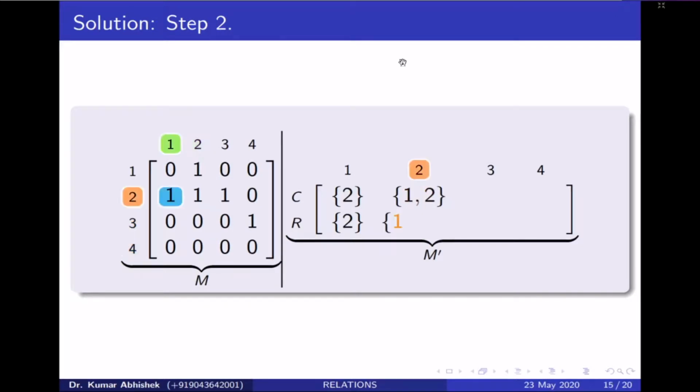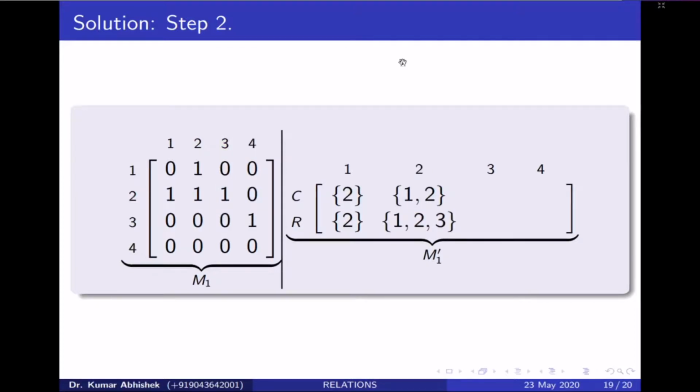Now moving along the columns, we find the first entry is 1, second entry is 2, and the third entry is 3, and there is no entry pertaining to the column number 4 of M. So we close the entries of M dash. So we see the second entries under the second column of M dash. Along the row 1 is 1 comma 2, and along the second row is 1 comma 2 comma 3.